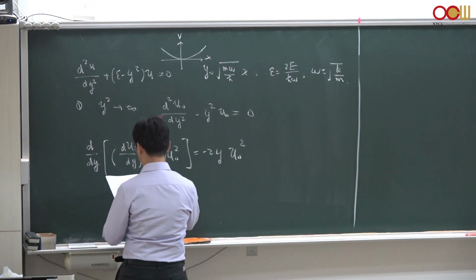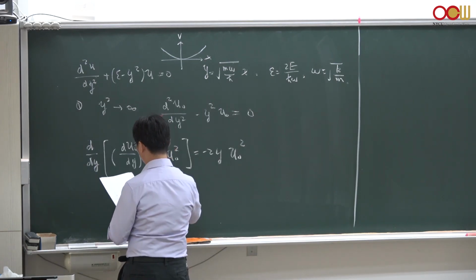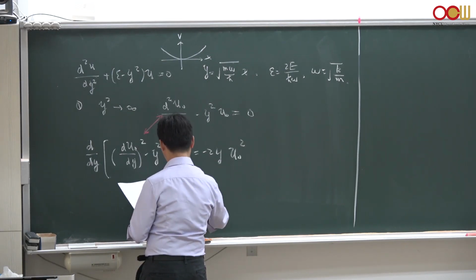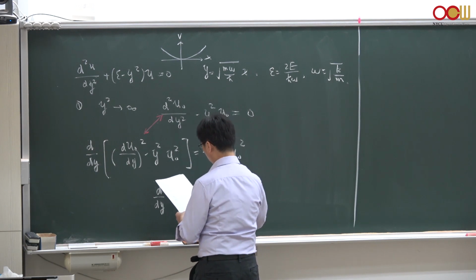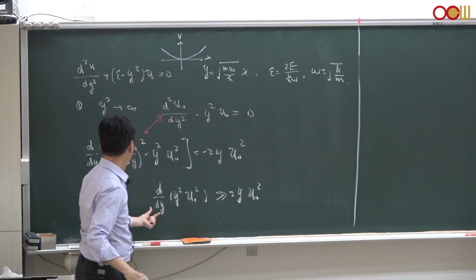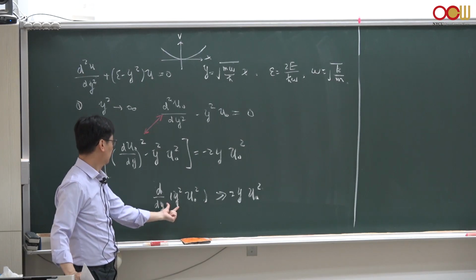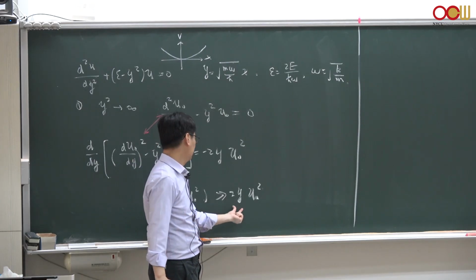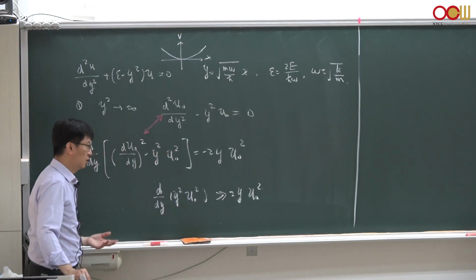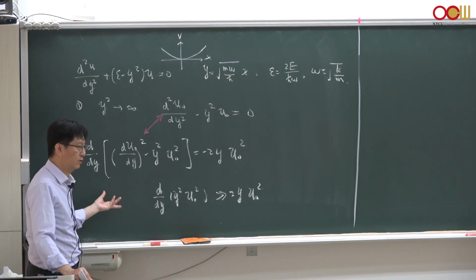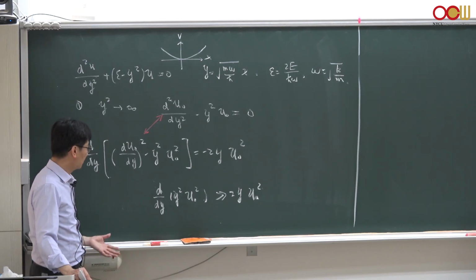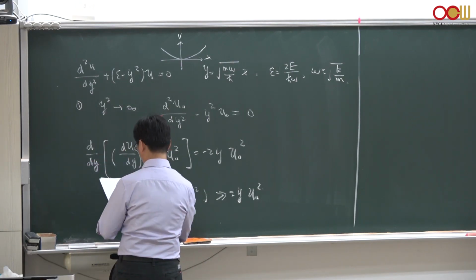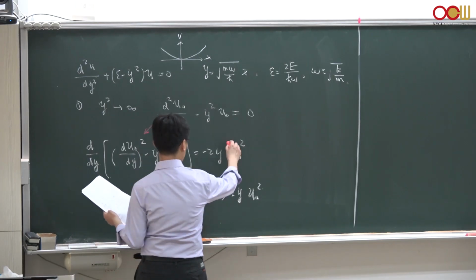So let's just try to solve this problem. In this regime when y goes to infinity, we further assume that this term, say the total derivative of y squared times u0 squared, is much larger than this 2y u0 squared. So this is a further assumption of approximation. We will come back to this to justify this assumption, but let's just take this assumption, and you could simply ignore this term